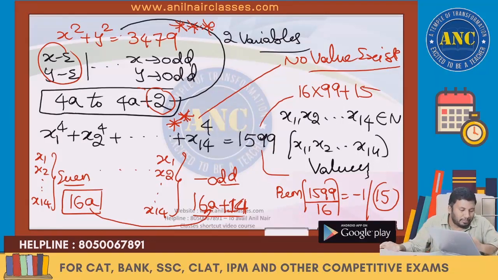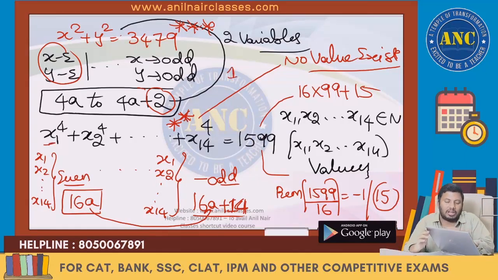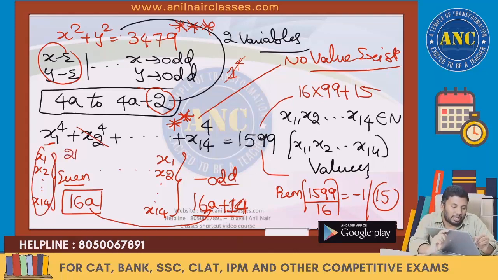If 14 variables are there, if x is odd, it is nothing but an odd number, say 1. 1 power 4 divided by 16, remainder 1. If the odd number is 3, 3 power 4 is 81, divided by 16, remainder 1. Lowest case is all of them are even. Even power 4, 2k power 4, that means it is divisible by 16. I don't need the middle cases.